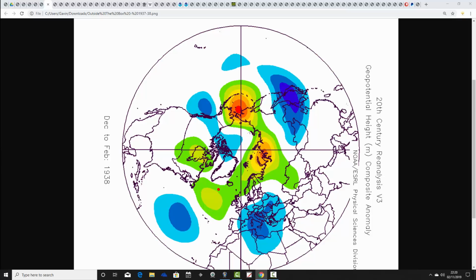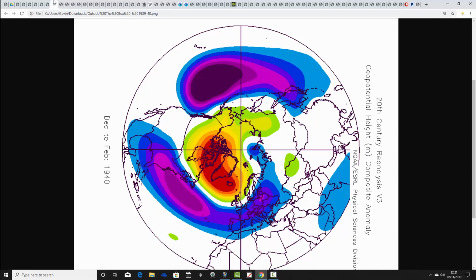The next winter is 1937-1938 from Richard's Outside of the Box, looking at winters following Junes with a CET of 14.1 to 14.3 back to 1900. This one with the above average heights to the northwest and to the north, below average heights are to the south, and the winds are coming in from an east or northeasterly direction. That's a little bit of a colder winter, perhaps, at times, 37, 38. Big winter here,